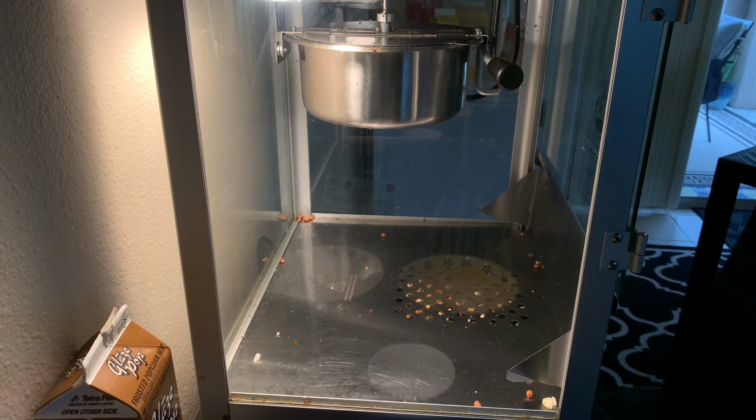I mean, I could fast forward my video here or pause it, but I want you to see it in real time. If you want to fast forward, you can go ahead. But if you're curious about real time with this popcorn machine,